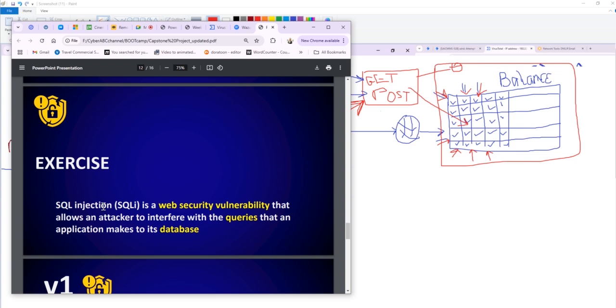SQL injection is a web security vulnerability that allows an attacker to interfere with the queries that an application makes to its database. So in this case, these queries now represent